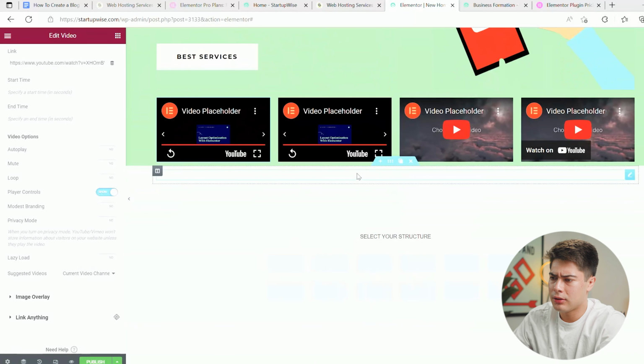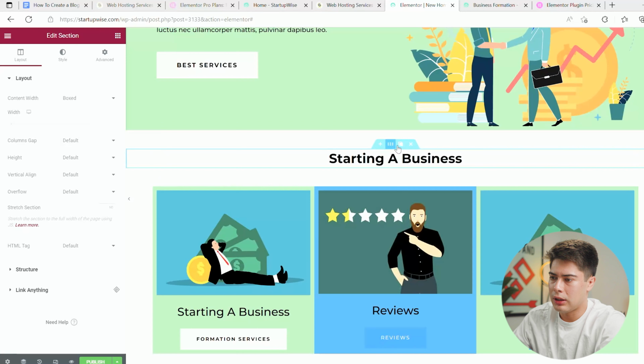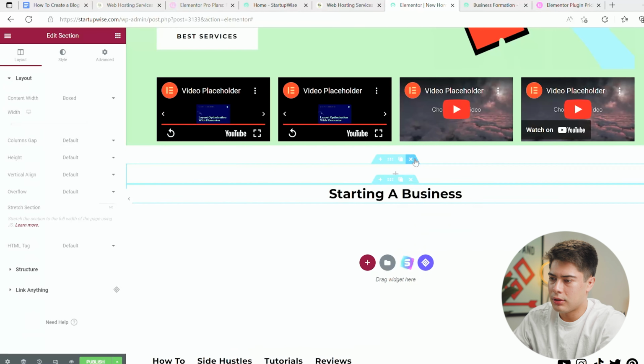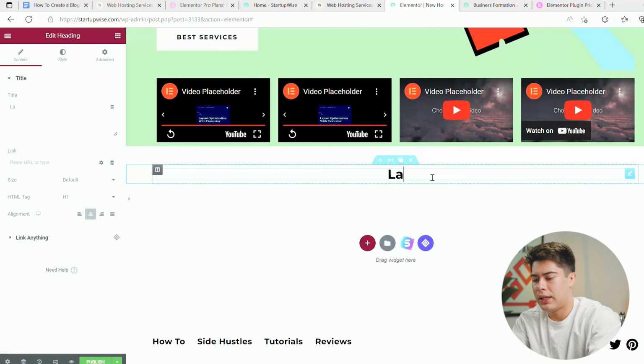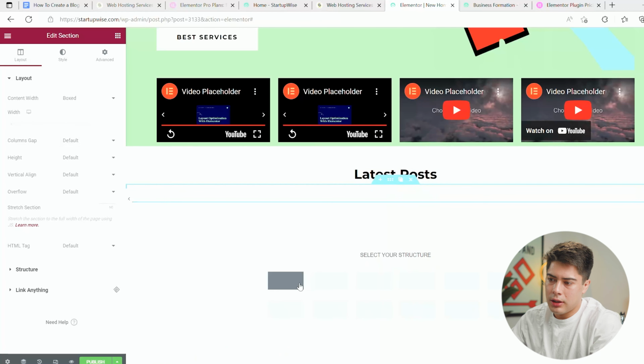Again, create a plus icon. Here's our spacer right here, so we're good. This will be the text. So what I will do is copy this section, paste it here, delete this top one, and then switch the text to latest posts. Now go ahead and duplicate the spacer one more time, drag it down, create another section,